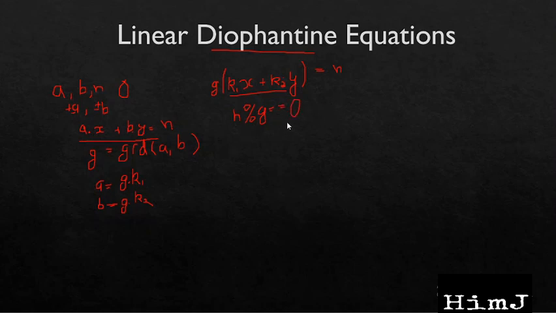So the solution of the question will be simply like this. We can calculate the GCD of A and B and then check if n is divisible by G. If it is divisible, then the answer exists, so we can simply print yes. This is the exact question that was asked and it can be easily solved with application number 1 of the Diophantine equation, that is to check whether a solution exists or not. I will be adding some more problems in the description so that you can practice this concept and see how it is used in various questions.